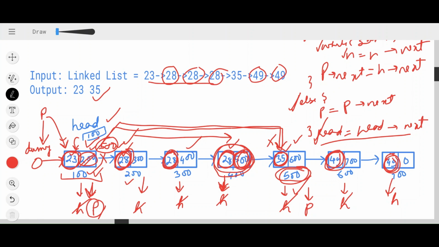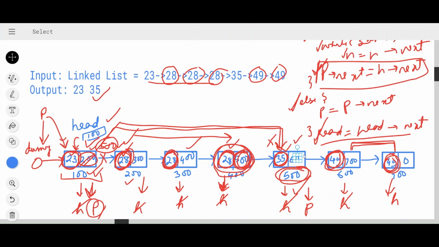Okay. But now we have to remove these nodes, because we are asked to remove all the duplicate elements. So to remove this, I will execute this piece of code. That is, I will update this P next. My P is pointing to the node at 500. What is P next? It is 600.